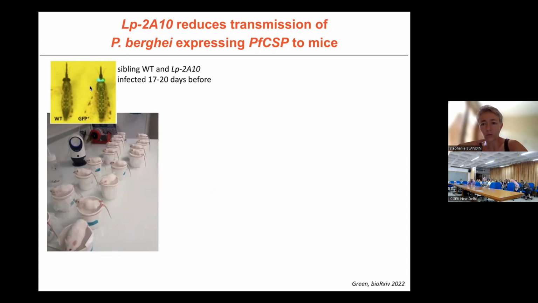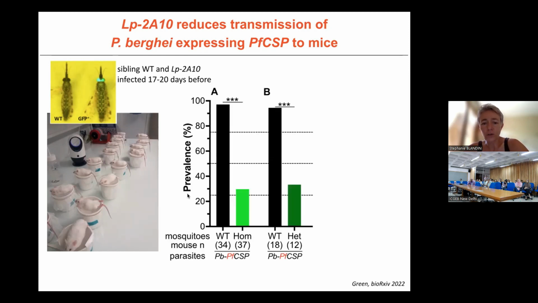We let them arrive to the salivary glands, and then we infect mice with these mosquitoes. Each of these mice has been bitten by 10 mosquitoes. So some of them have been bitten by 10 wild type and some others by 10 GFP-positive mosquitoes expressing the 2A10 antibody. And what I show you here is that if the